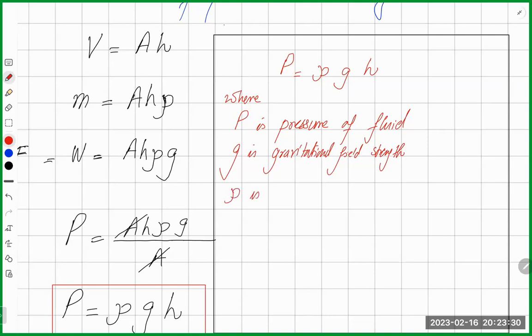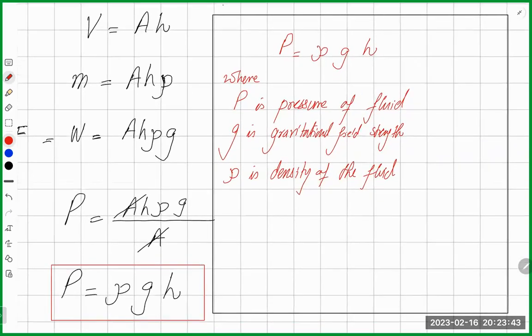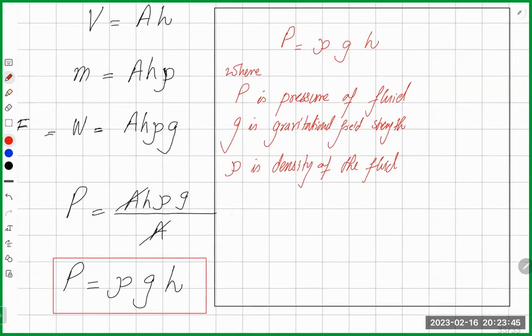Rho is density of the fluid. What is h? What is h? Okay, h is